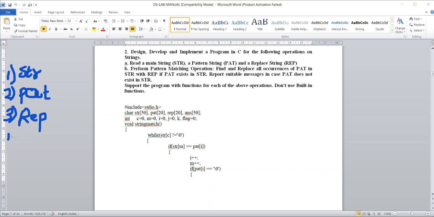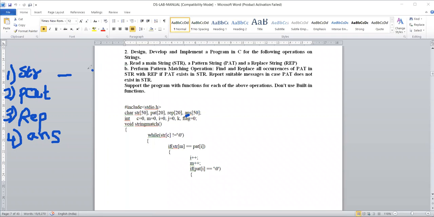We will use one more array here, called the answer array, to store the resultant string after replacing. So totally we are using 4 character arrays, or 4 strings stored in arrays, and each string has its own role. First, try to understand these 4 strings. The program we are going to develop will operate with these 4 strings. For example, the main string is the input string.